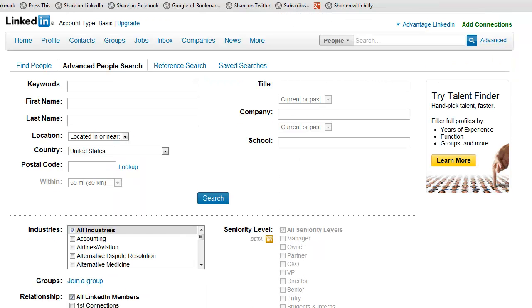Okay, now let's do an advanced search. And I'm going to do a search by company name. So let's search by IBM. Say there's a candidate at IBM that you want to see if you could chase down with relevant skills. So type in IBM